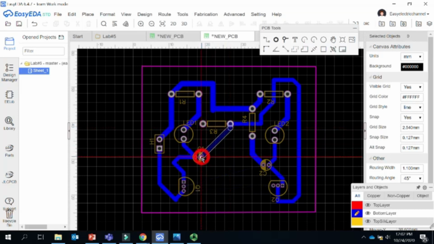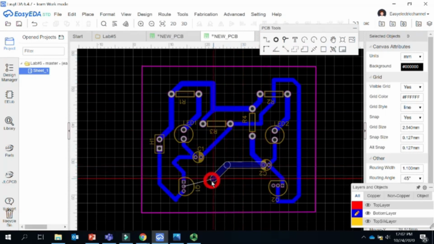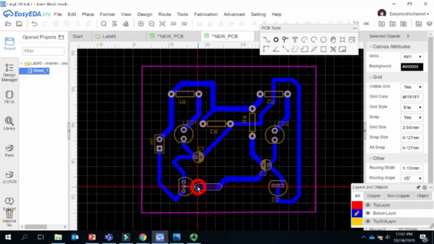So you connect this to this. Also you need a connection here to here. And what else? What we have is this one comes to here, and see, it again didn't get that because it is somehow too big. But we have to do that. We don't have the printer. We are doing it the simple way to make these PCB boards. So we have to make the track as,